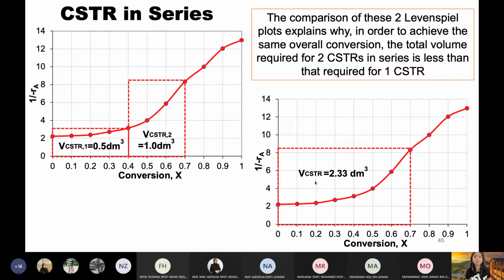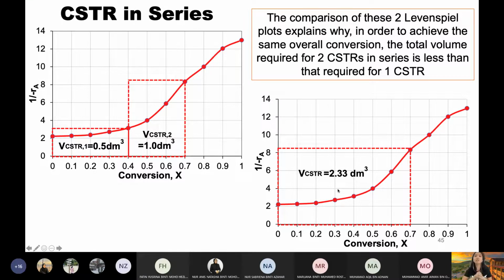Why is this important to know? Okay. Now you have to think back in a very practical perspective. So let's say you're working in a chemical plant, and sekarang you want to run this reaction. Okay, and your targeted conversion is 70%. You know that if I want to use a single CSTR, I need the volume of the reactor. Besar volume reactor tu mesti sekurang-kurangnya 2.33.